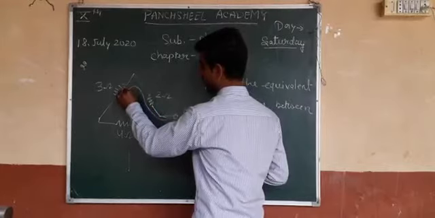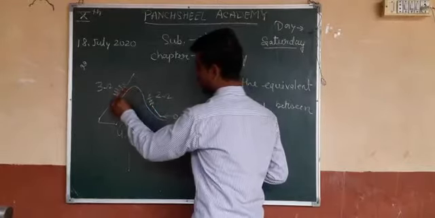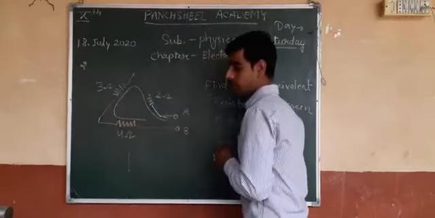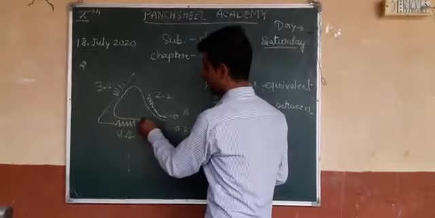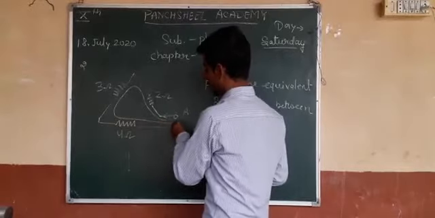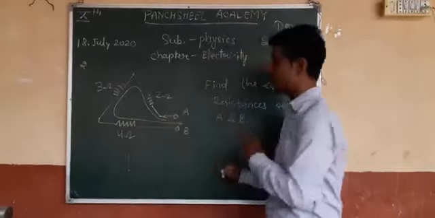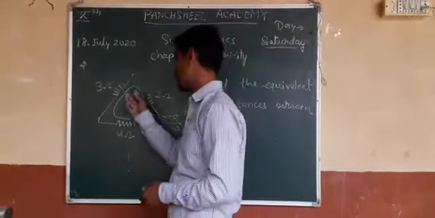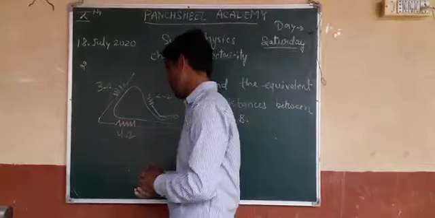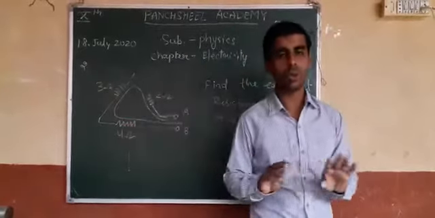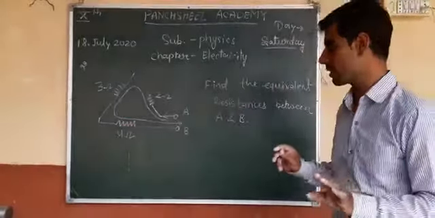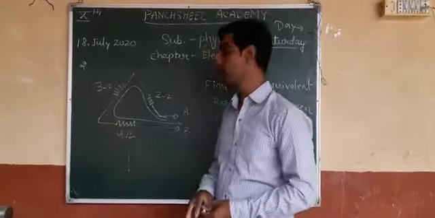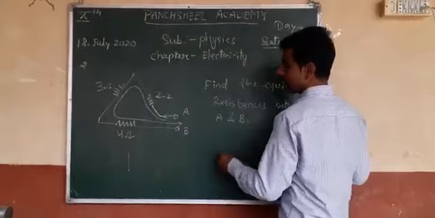First it enters the 2 ohm resistance, then the 3 ohm resistance, and finally the current flows through the 4 ohm resistance and returns to terminal B. So the current is the same, because the current is not diverted in any resistance. Current कहीं पर भी divert नहीं हुआ है. Okay, so this is the series combination.